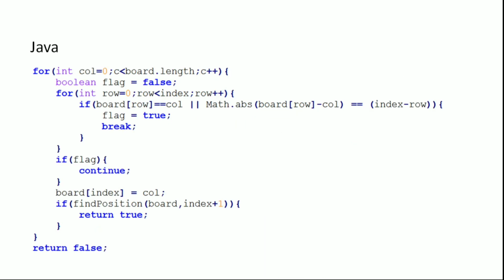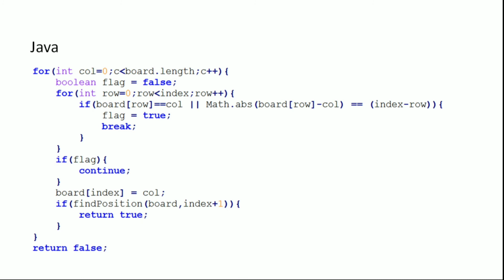Now if that is not the case, then we will start placing the queens with the very first column. That is why we are running the outer for loop. Now at each column we will check if the previously placed queens can attack this queen or not. That's why we have used the inner for loop and a boolean flag that is initially false. Now the first condition in the if statement is to check if the currently placed queen can be attacked vertically or not, and the second condition is to check if the queen can be attacked diagonally or not.